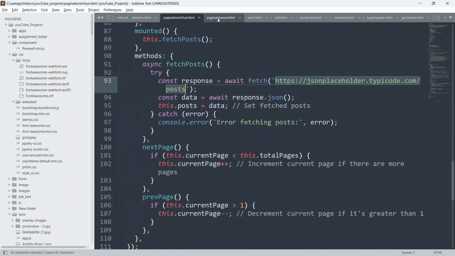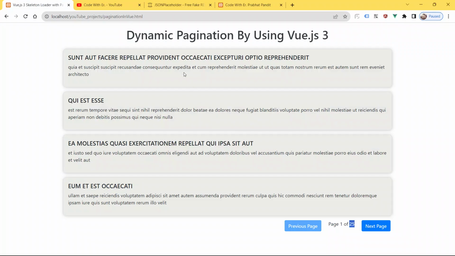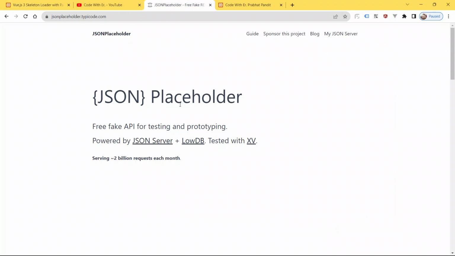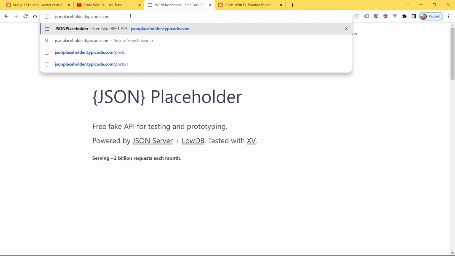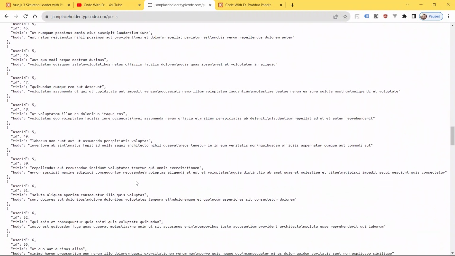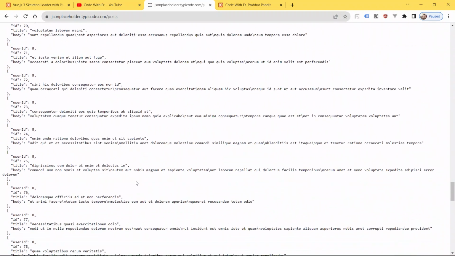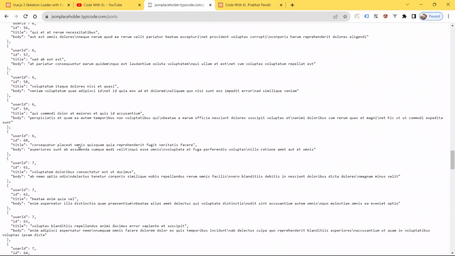So I will use the posts. I will fetch the posts from this JSON placeholder. Let me just put posts here also. So posts, yeah. So guys, as you can see here, this is the post. We will be using this post for page 4. As of now you can see here the ID is 100, so the post is 100.